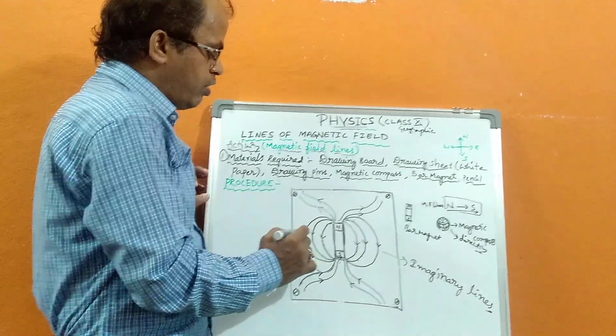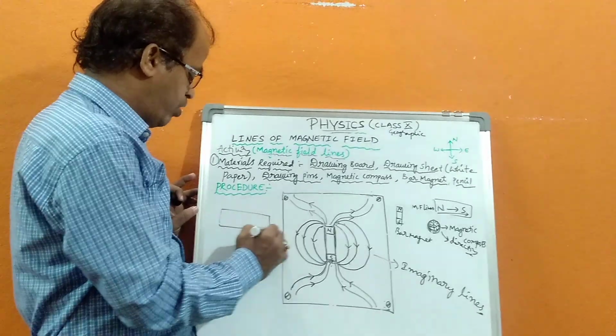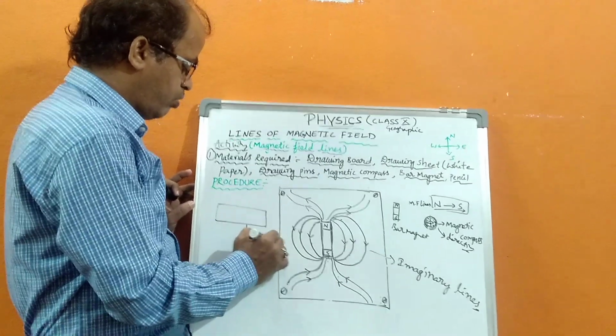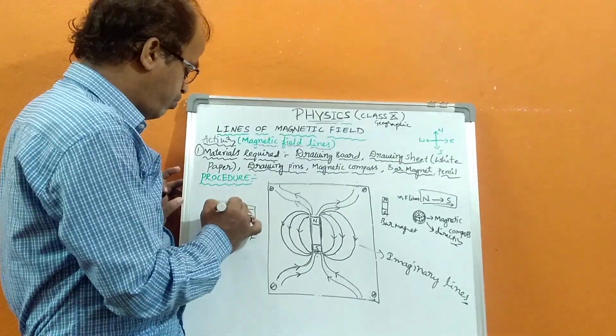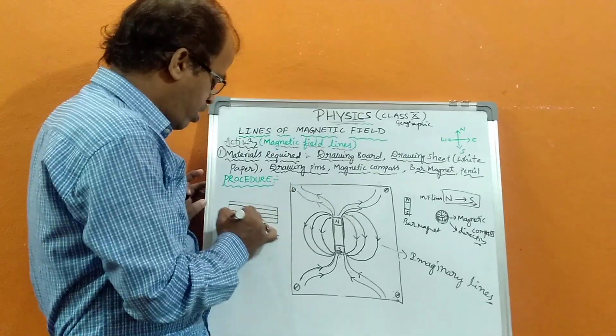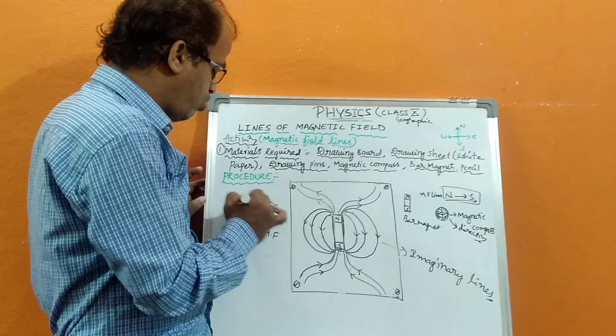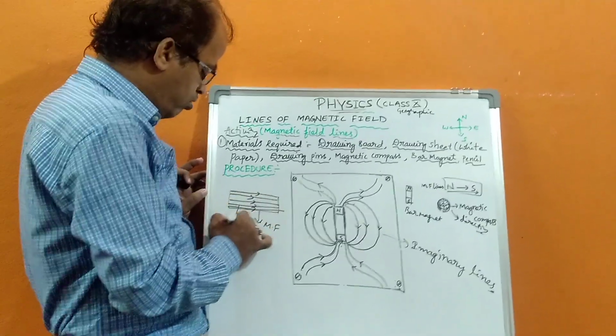Suppose this is the magnetic field, here we can observe the magnetic field lines are very close. This is called as